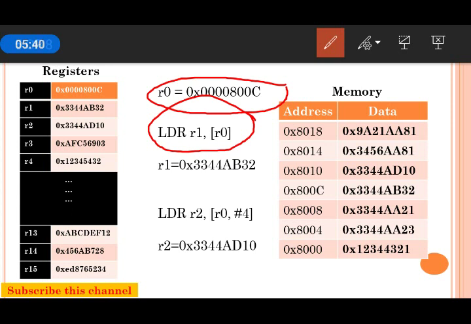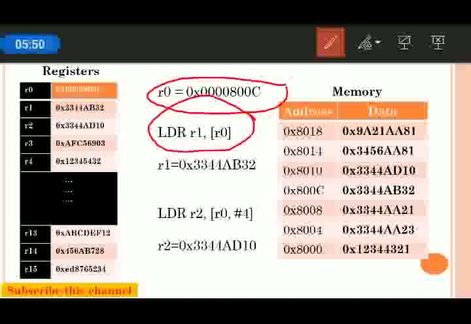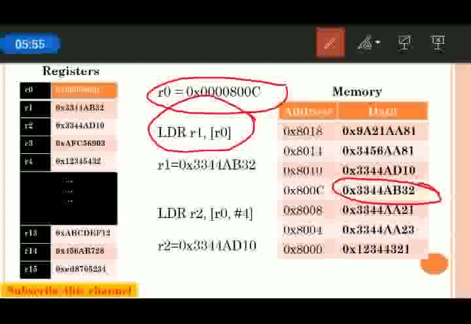This R0 is called the base address register, which holds the address of the memory. Let us assume that 800C holds this data, that is 0x3344AB32.